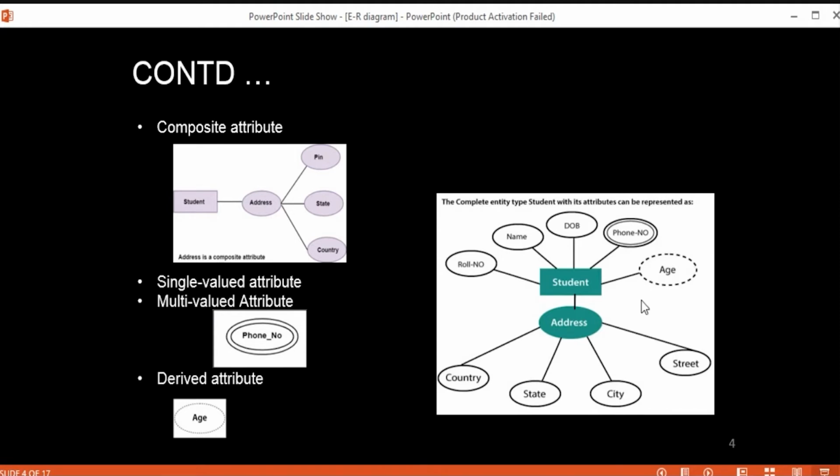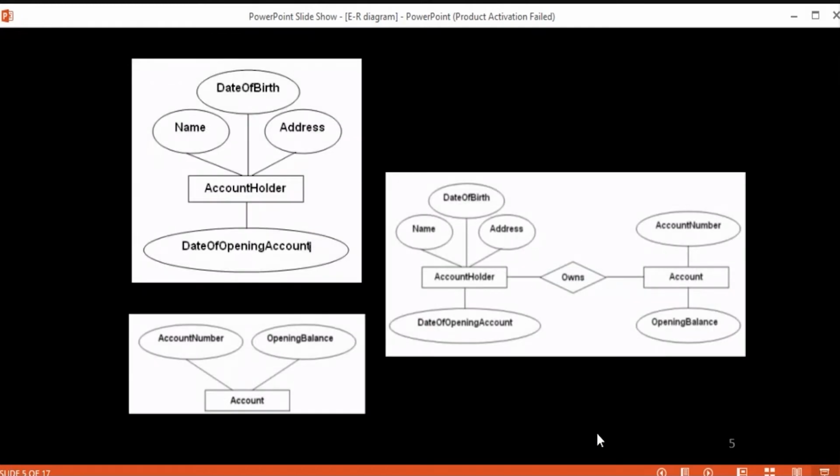Now in this particular example, you can see different kinds, different types of attributes. So from this entity and relationship, for example, account holder is one entity, and we have these attributes of that account holder entity.